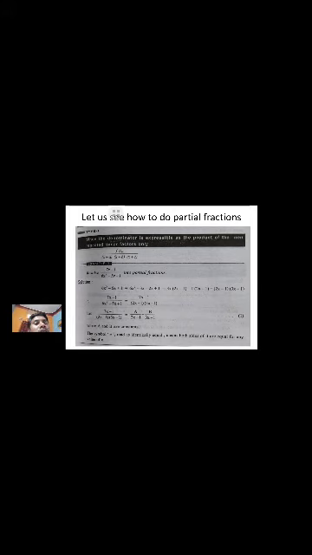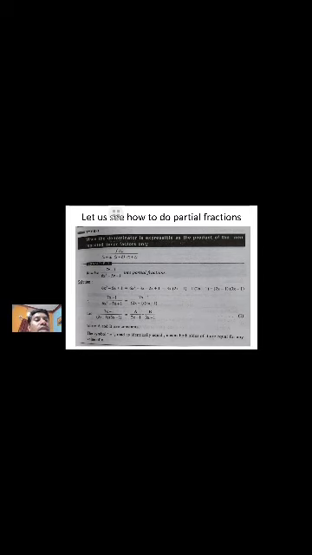So here the denominator is a quadratic polynomial. Is it possible to convert it into factors? Yes. So do the factorization, and here we got 2x minus 1 and 3x minus 1. So two factors are there. So we can write A by 2x minus 1 plus B by 3x minus 1. Let this be equation 1.